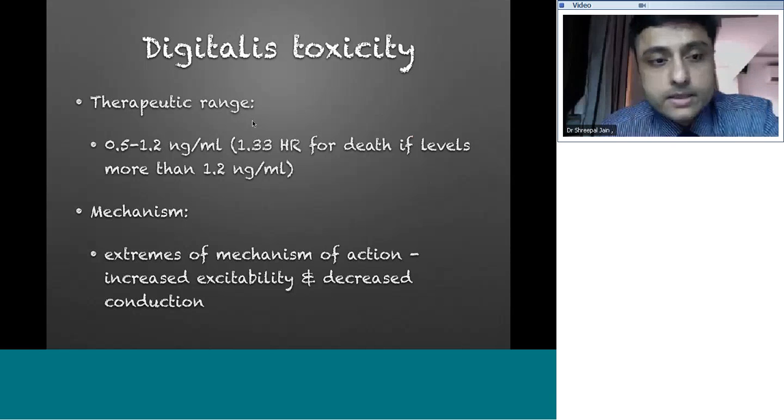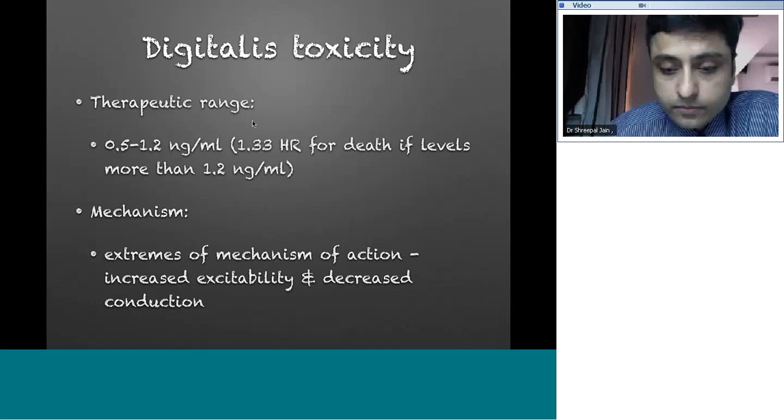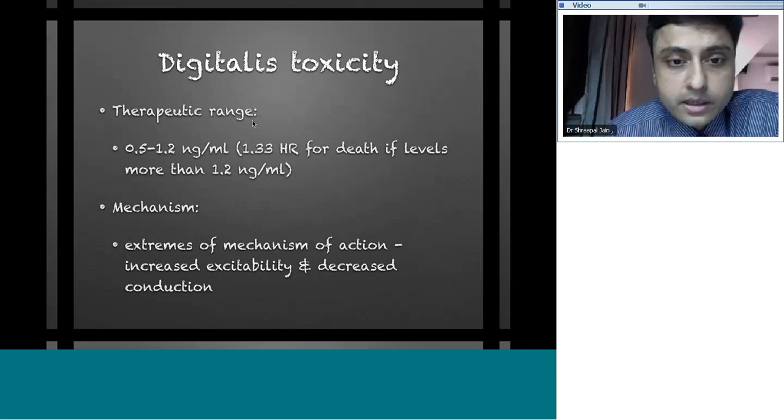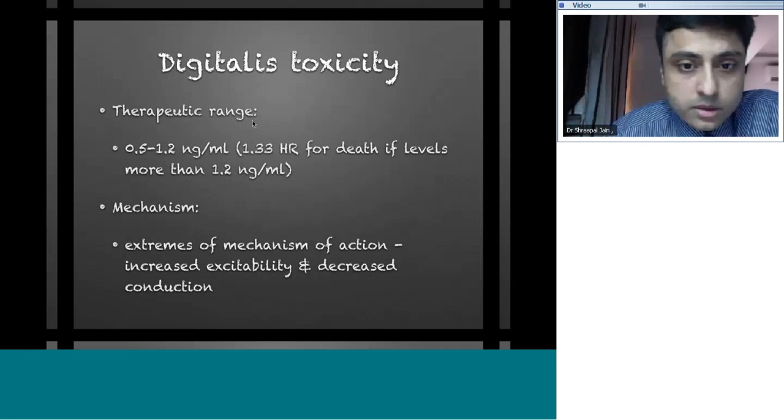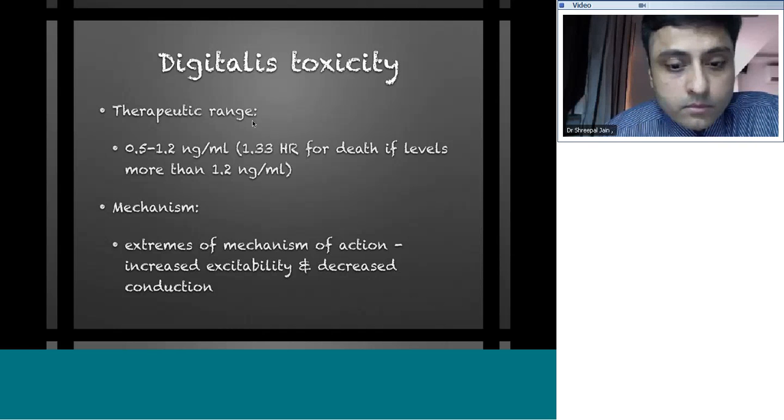So by what mechanisms do digitalis toxicities manifest? These are basically extremes of the mechanism of action by which digoxin acts. So there is increased excitability and decreased conduction. What you see here are two ECGs, one at the top which shows ventricular bigeminy, because of the increased excitability, and one at the bottom where you see the presence of ectopic atrial rhythm with